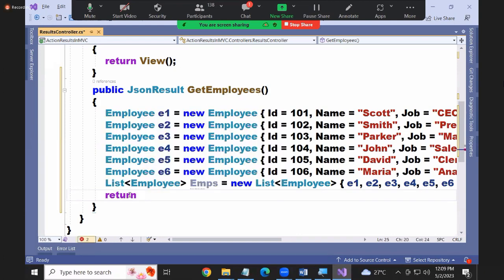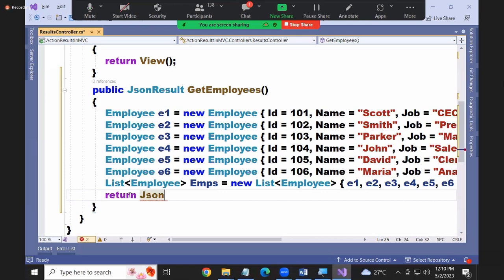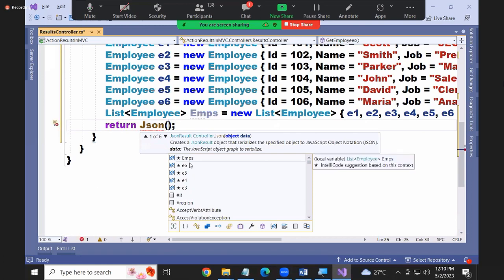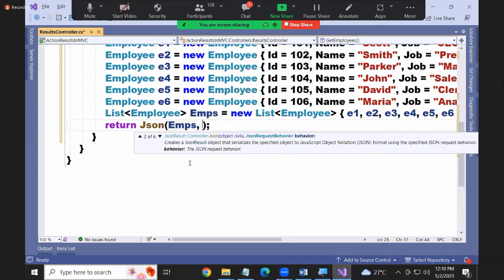Okay. So the method is return JSON. Just like return view, now the method is return JSON. You need to pass a few parameters to this. First parameter: what do you want to send? EMPS. Second parameter is